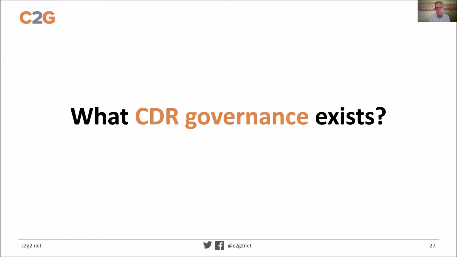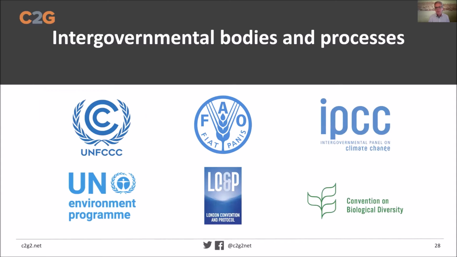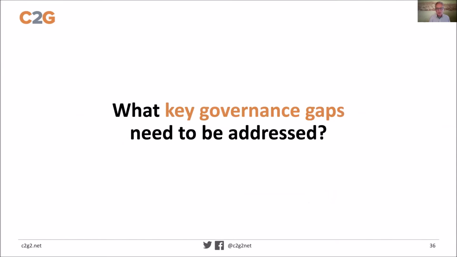So the first question is what governance exists. Again, I can't go into the details of it. There are many relating to and interacting with the various approaches and technologies which come into play. At international levels, you see some six or so here. It goes from FAO to the Desertification Convention, UNFCCC, the London Convention and its Protocol. UNEP as a knowledge base plays a role and has impact there, and might have gaps in this relation. But just to see where governance exists and where the gaps exist.